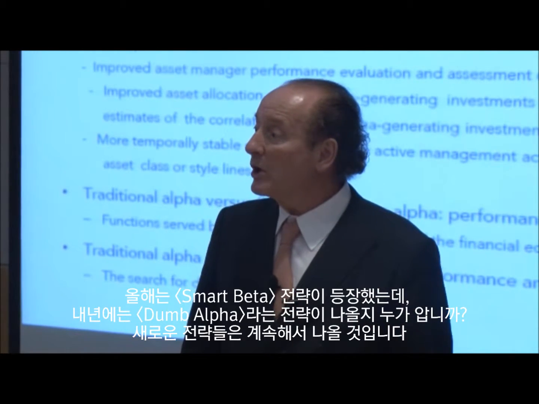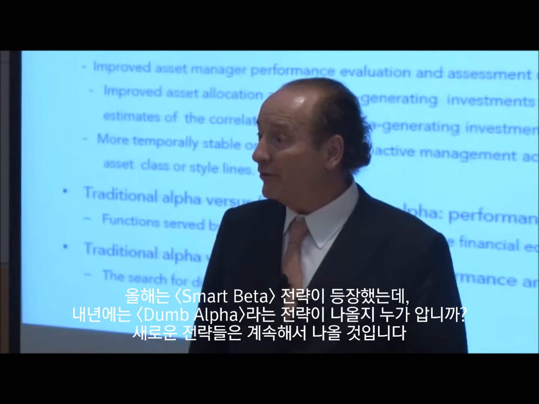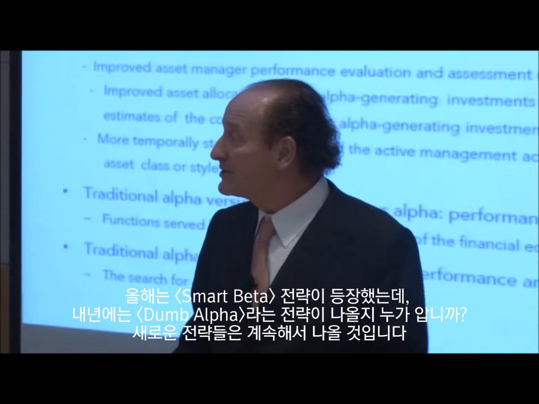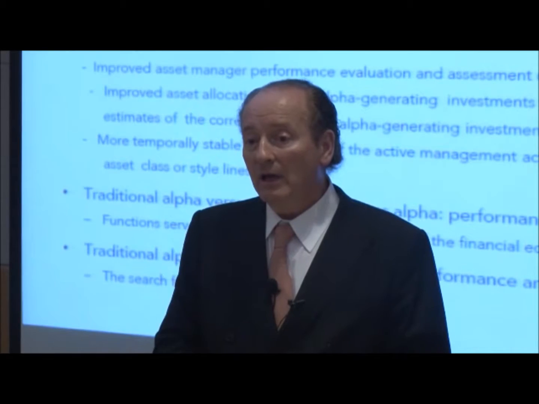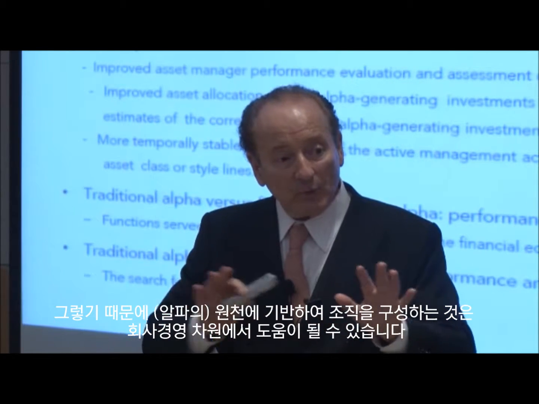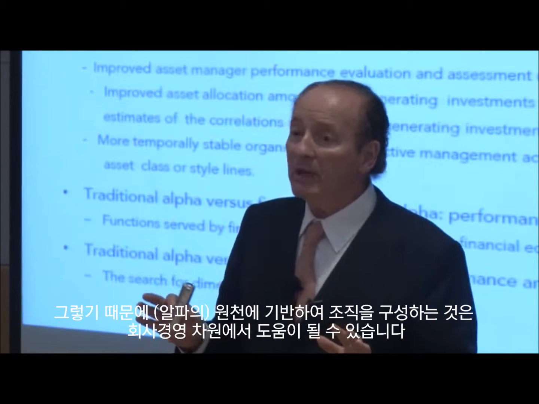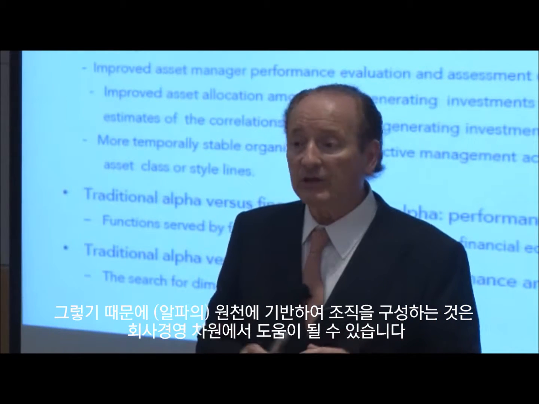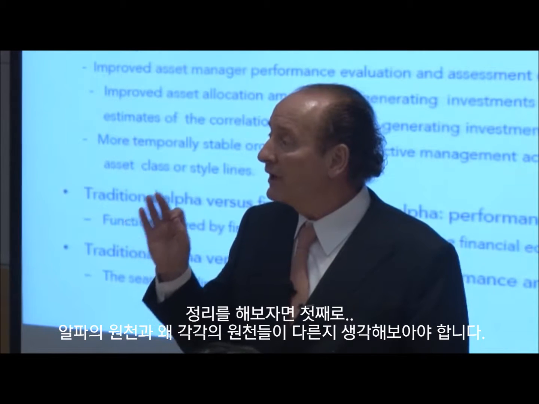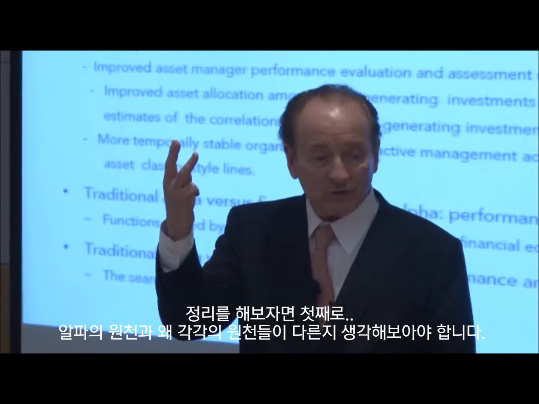Because this year it was smart beta. Next year it's going to be dumb alpha. There'll be new strategies always. And so if you can find primal ways of looking at it that are more robust, that may be helpful to the management of the organization. So in summary, I've tried to show you first, thinking about the sources,